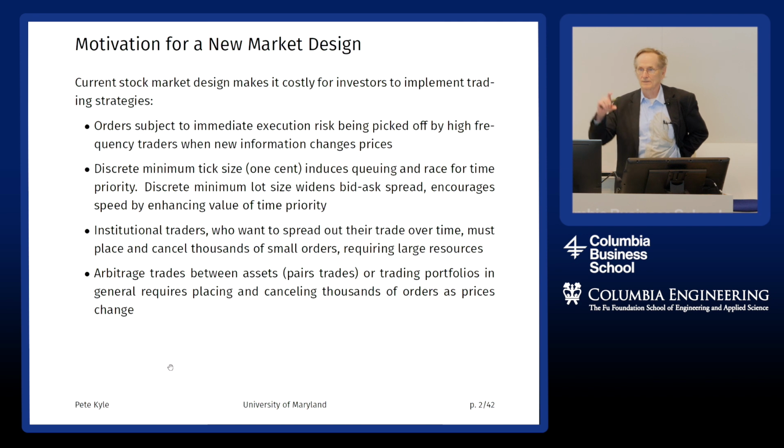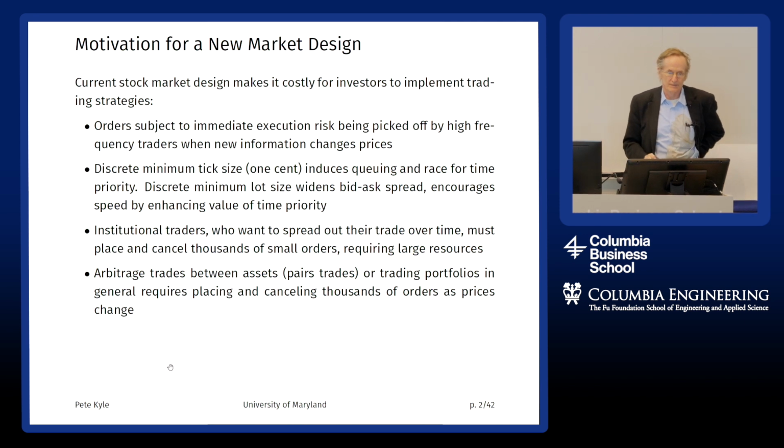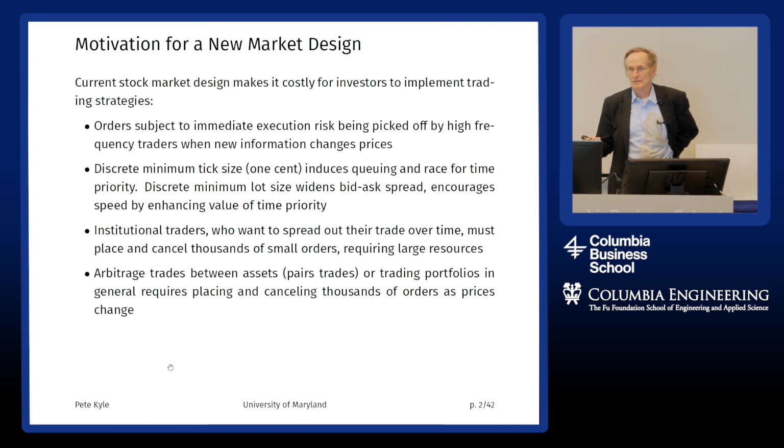It's also the case that if the tick size is really large, there may be multiple quantities to buy at the bid and sell at the best offer. This creates a problem of deciding which order gets executed when an executable order comes in to buy at that offer price or sell at the bid. And that typically is resolved with something called time priority, that whoever was in there first, was first in line, gets executed first. But that encourages a race, a speed race to be the first in the queue so that you have time priority over everyone else. That's costly for the people who are slower.